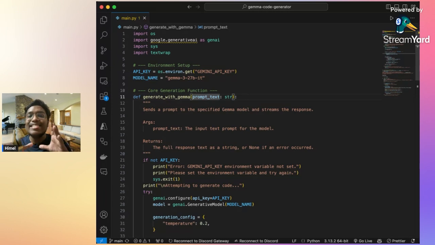So this is just a starting point. You can turn this into a web app, integrate it with a VS Studio Code extension, or even make a